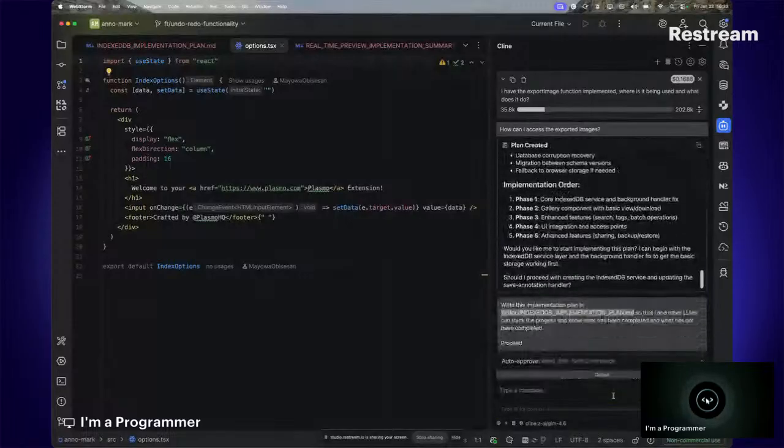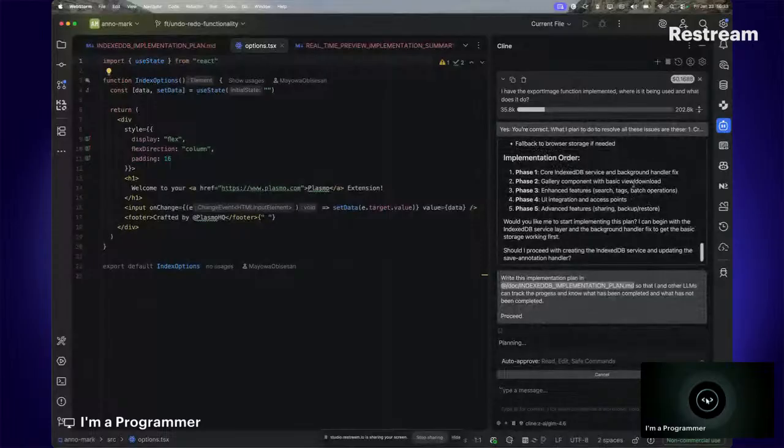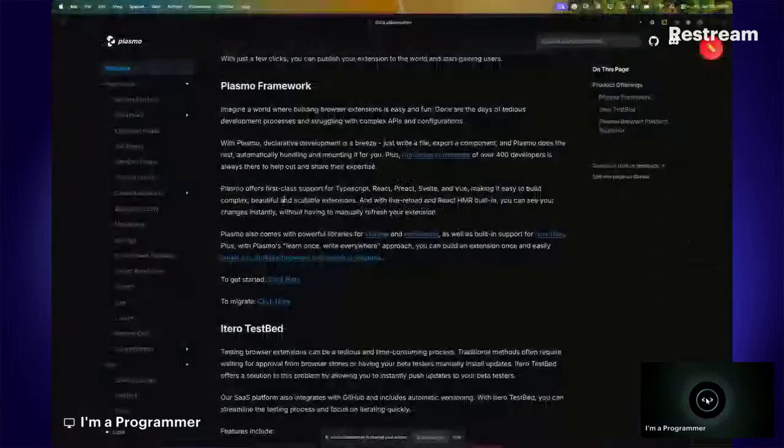Proceed. So this is what I'm going to say. So should I proceed with this? I'll just say yes. So it's going to create all of this. So far, if it's able to do all of this, that means we've checked out two things from our to-do